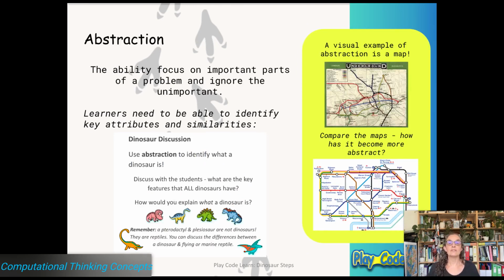Abstraction is the ability to focus on different parts of the problem, which are the most important. What are the things that are definitely and necessarily needed? And they become able to ignore the unimportant aspects. One example of this is being able to identify key attributes of characters or animals or products that are out there that they can recognize and think about the similarities. So in this activity here, you can see they can look at different types of dinosaurs from the Dinosaur Steps kit, and they can try and identify what a dinosaur is. What is the same about all of these dinosaurs? What's different? What could you ignore to be able to come up with an explanation of what a dinosaur is? So this is an example of using